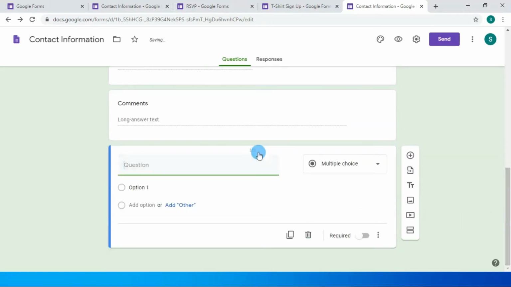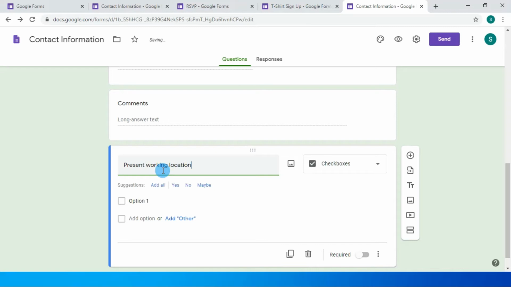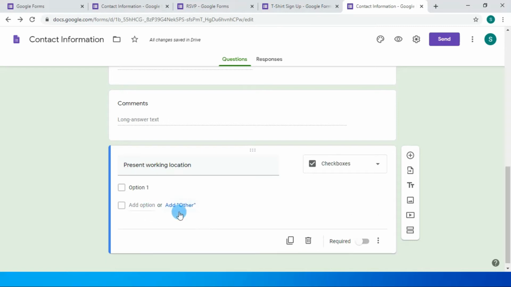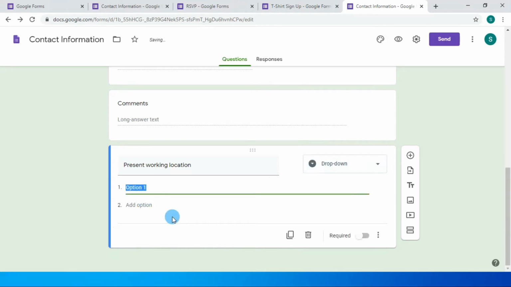So you can see that our new question is added after the comment box. Here we will add our new question, like present working location. Here we can give predefined options to our question, like we will select drop down list and add locations.